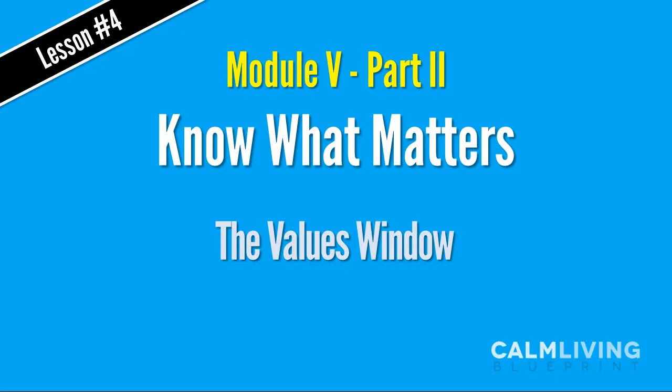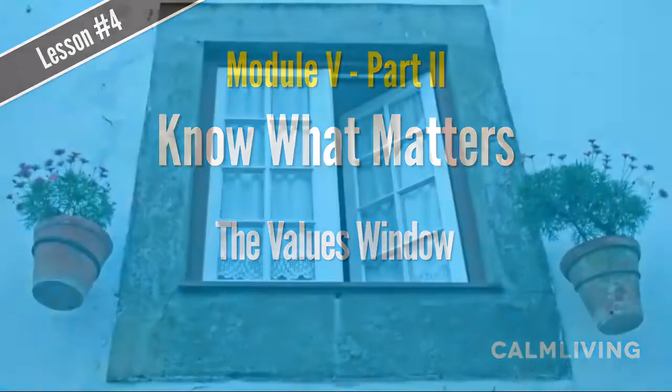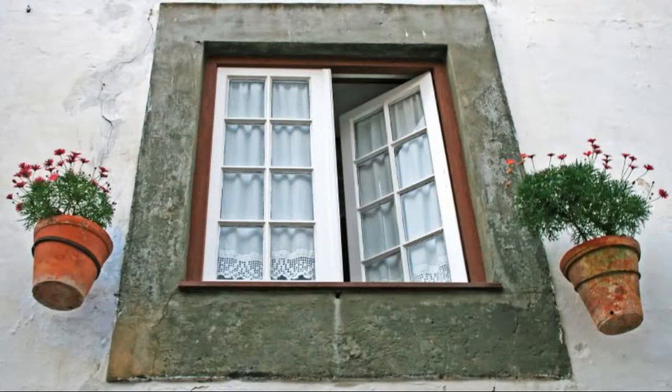This lesson is called the values window. So we're going to complete an exercise called the values window, and you can download the handout, the instructions for this exercise right below this video. So you may want to pause to do that right now, print it out so you'll have it to follow along with. In the values window, there are 4 frames corresponding to the major life domains of love, work, play, and health. In each frame, you will clarify your values and then your goals.